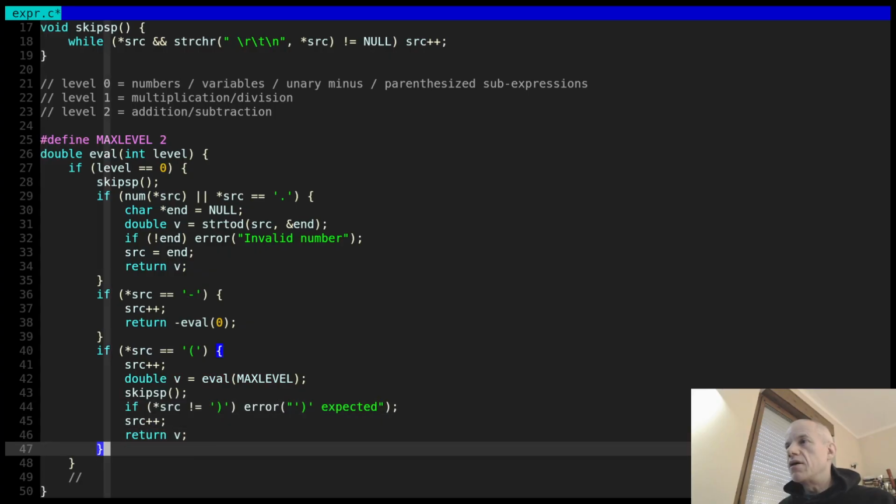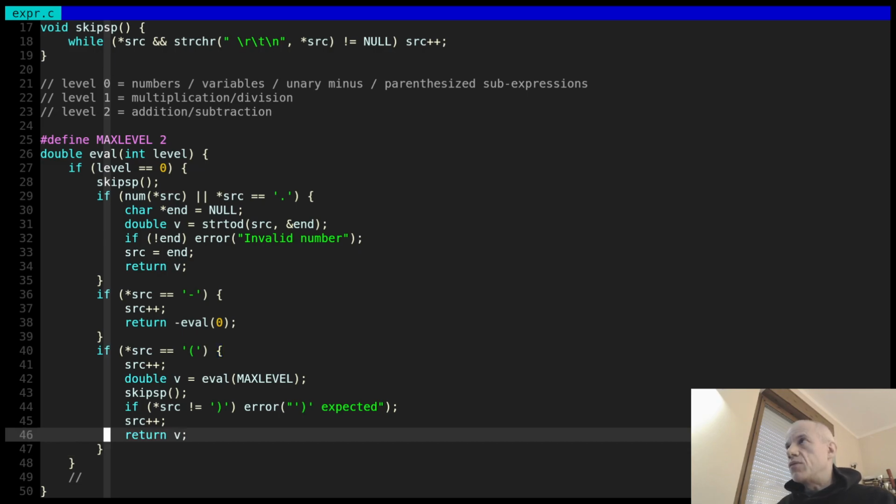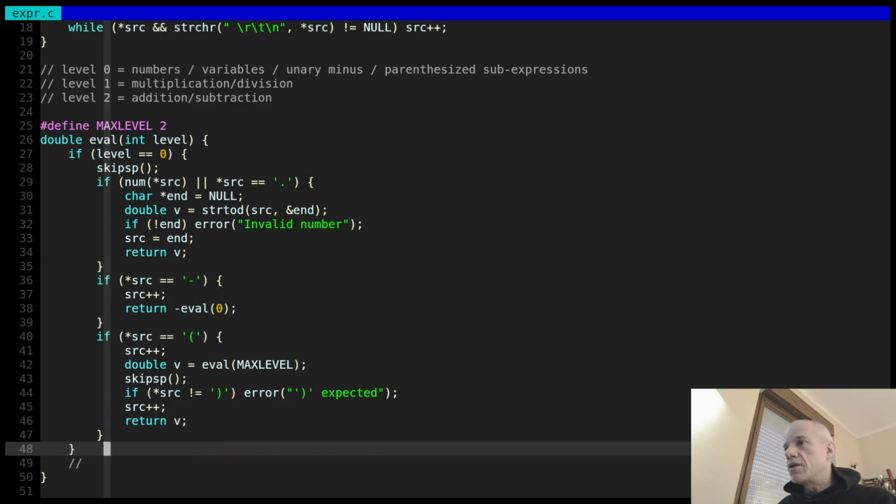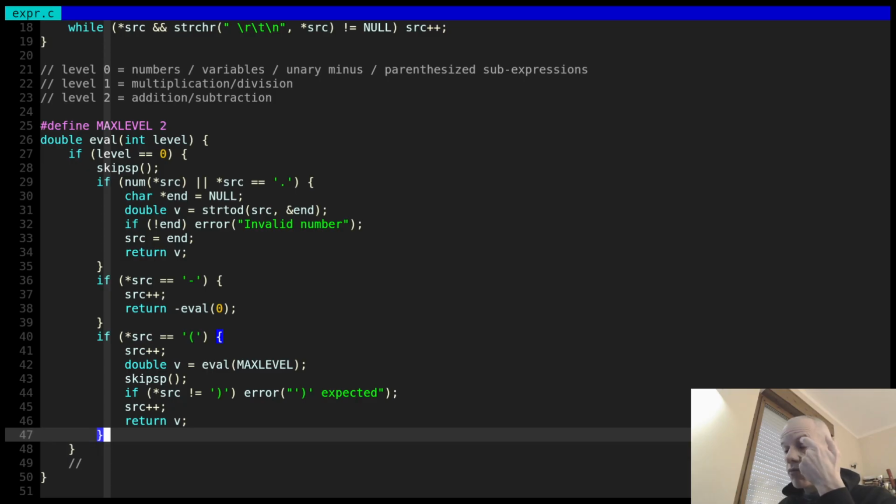So this is clear from a logical point of view, but even from a formal point of view, I'm sure that this code cannot run forever because of recursion. And there is another loop, so a formal proof would be, of course, much more difficult, but we know that this code is not going to loop. The algorithm is simple. And okay, I think I got numbers, unary minus,